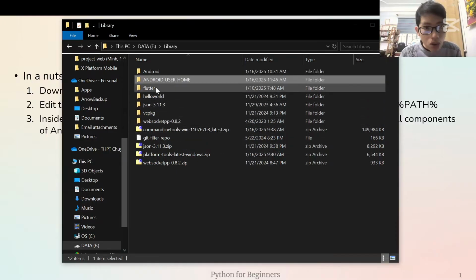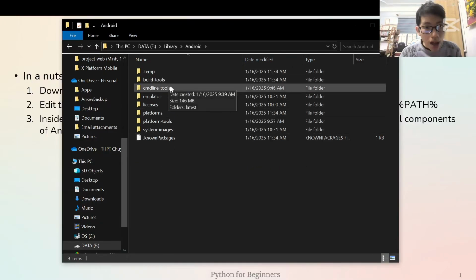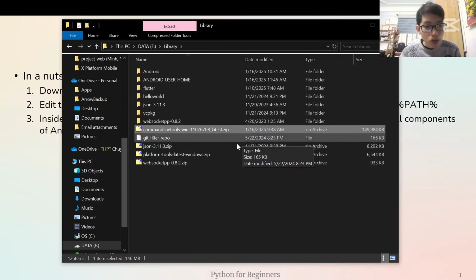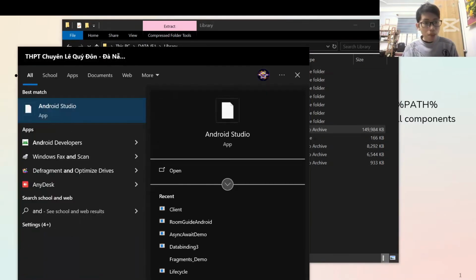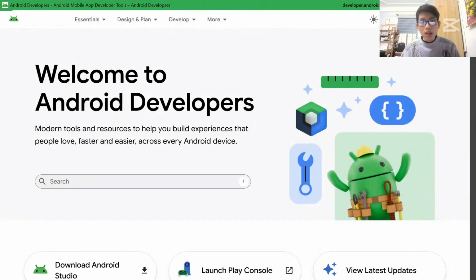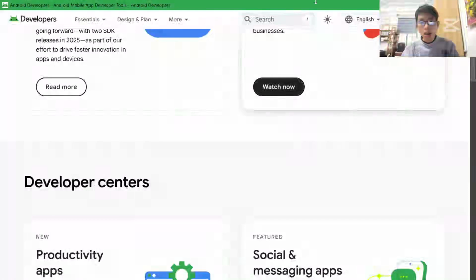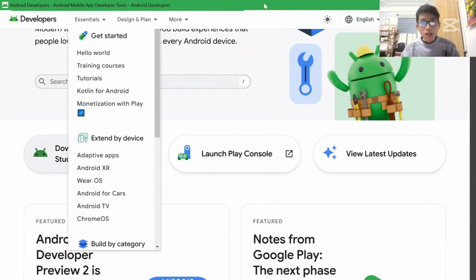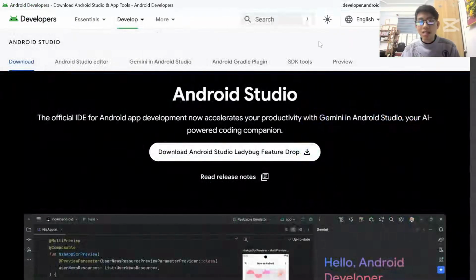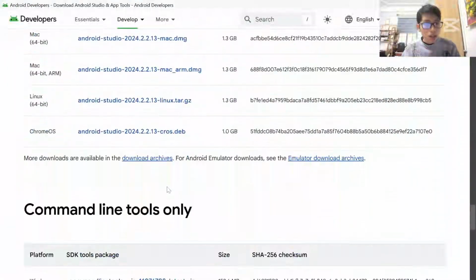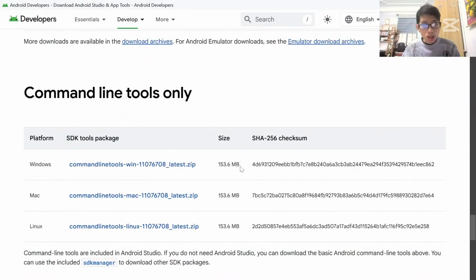So okay, I installed command line tools, and I extracted the command line tools I downloaded from the Android developer website. You can download it here. This is just an overlay of Google Chrome, I believe, so the UI here is exactly the same as when you search on Google. Okay, we scroll down a bit to find command line tools,